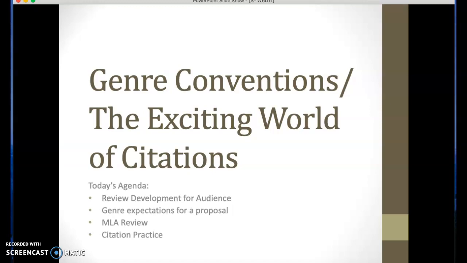So we're going to talk about what that's going to look like, and then we're going to talk about the exciting world of citations. So all of the rules concerning citations and places where you can find these sort of guidelines. Now, keep in mind that I am not a dictionary with every single rule on citation stored in my memory. I don't expect you to be one either. I just expect you to be able to look these things up so that you can follow the directions, because they're guidelines that are constantly changing. So with that being said, let's get right into it.